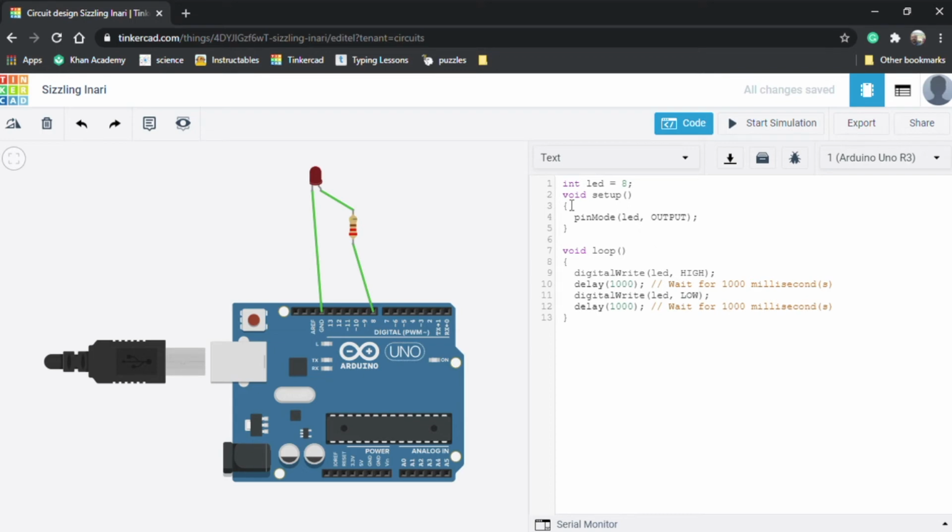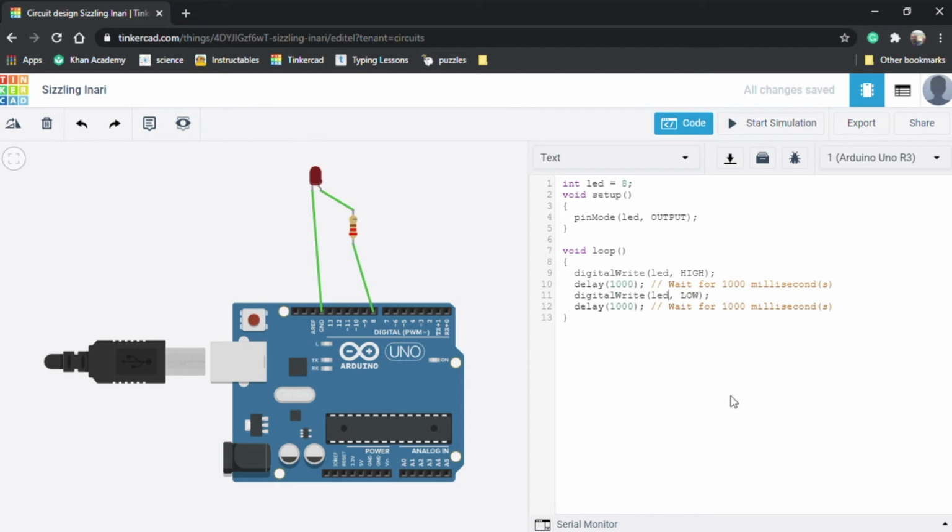And if you want to know what this program is and how it works, you have to check out my previous video where I have talked about how this program works in detail. So here I am not going to explain it again because the video will become very lengthy. I am just writing this code in a very fast manner so that I can show you the real thing that I want to show you through this video, that is how to use the virtual simulator.